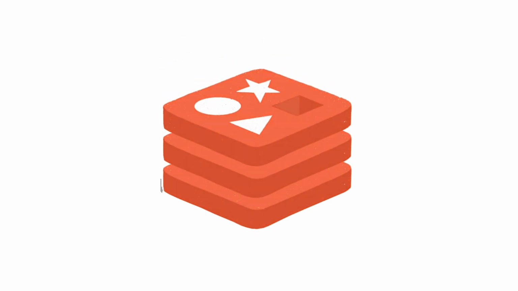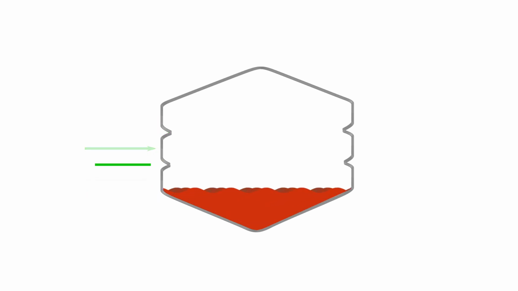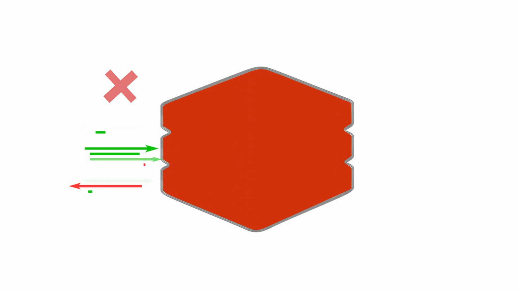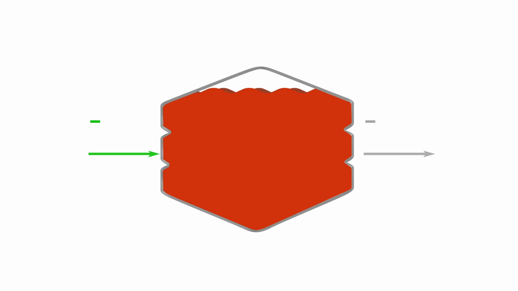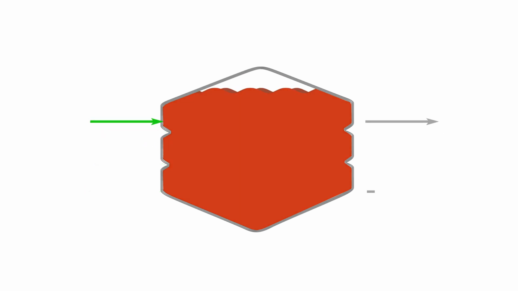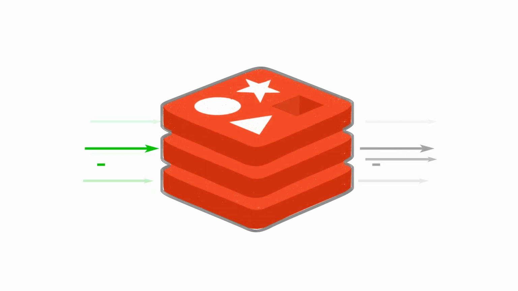Next, we need to think a bit about our cache itself. Specifically, what happens when our cache runs out of memory? This is where eviction policies come into play. The eviction policy determines how Redis behaves as it nears maximum capacity. If we don't set up an eviction policy, then Redis will reject all writes when it runs out of memory. When caching, it's best to let Redis evict data when memory is running low. The eviction policy we choose determines how Redis will go about evicting data.